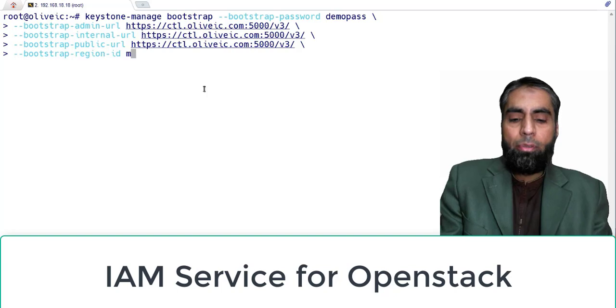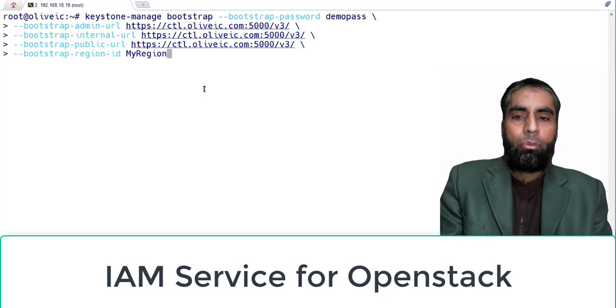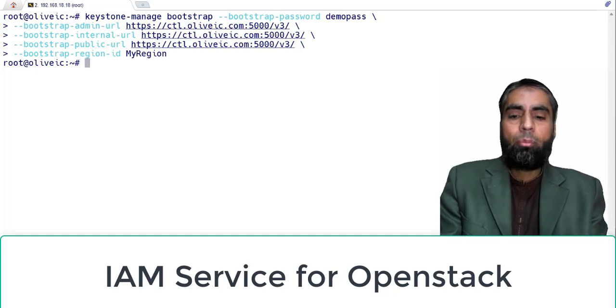I will just specify my region. My region is the ID. So let's execute this command, Bootstrap, and let's see it is working. So that's fine. It has been completed. After bootstrapping